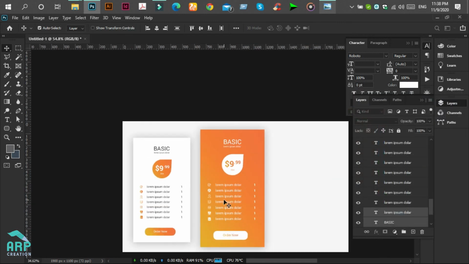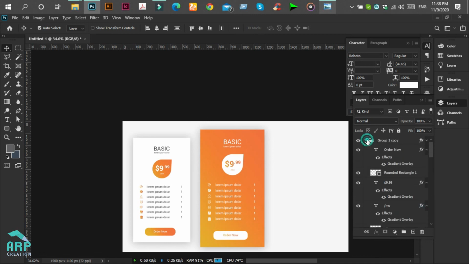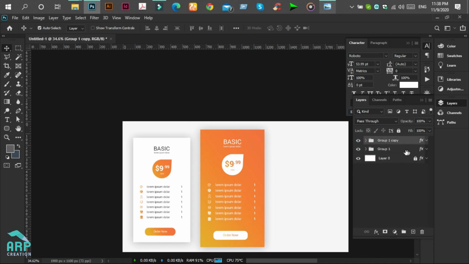Okay, perfect. Now we will duplicate this package again. Press Ctrl J on the keyboard. Then change the auto select to group. Then move it to the right side.